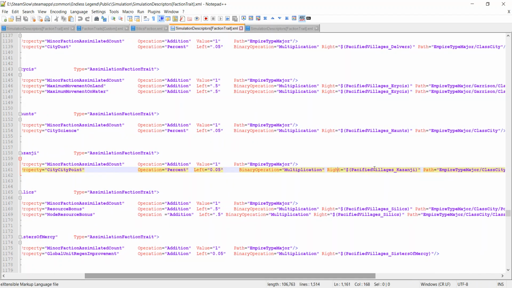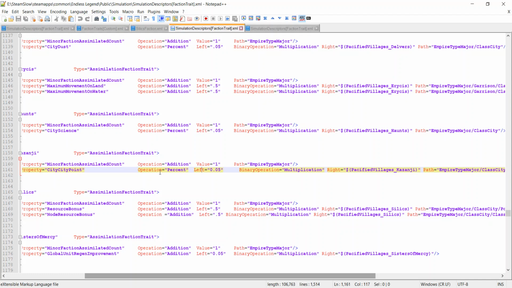So all of our pacified villages in the Kazanji, and I don't know specifically what the dollar sign represents, but I'm pretty sure it means in your empire specifically. And on the left, the binary operation is saying we're going to multiply. So however many pacified villages of the Kazanji we have, we're going to multiply that by 0.05, and we're going to take that value